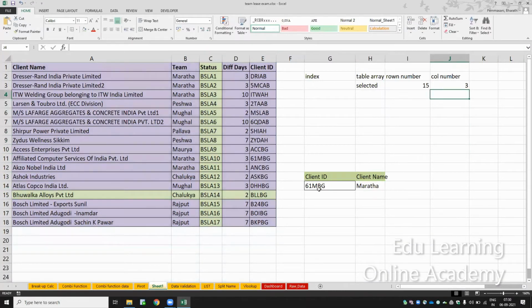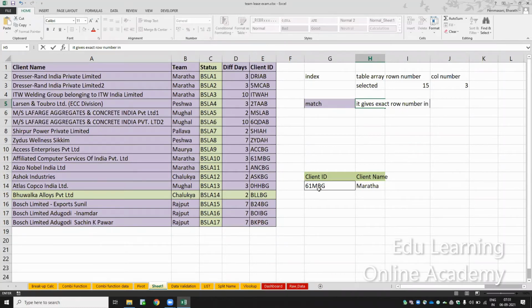Match. What the match function tells us is the exact row number in a table array. Suppose you have selected this value, 61 MBG.